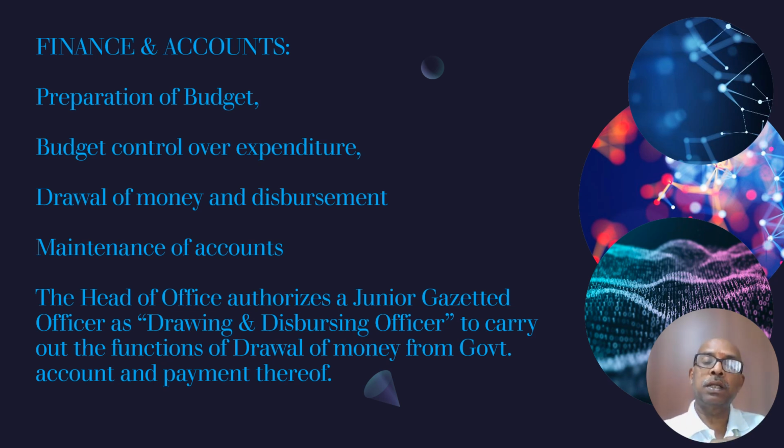When it was maintained in a register, the total allocation would be written on the top, and bill-wise under that subhead, under that detailed head, they would write the bill number, details of expenditure, amount, and the balance available afterwards. Every time it would be done. Now it is handled in the PFMS system itself. It will prompt us about the budget availability. To that extent, the headache of the head of office is reduced, but we have to follow the budgetary control. Any additional allocation we can update, and automatically PFMS will allow expenditure. This is the advantage of having a computer system, an online system.